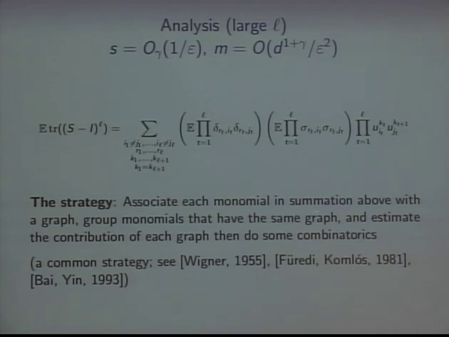Group monomials that have the same graph structure. And then what I want to say is the contribution of a monomial to this sum depends only on the graph structure, like the number of connected components or the number of vertices or the number of edges, et cetera. Okay. And then I'm going to get that bound and then do some combinatorics to count how many graphs there are. Okay? And this is one of the bread and butter strategies of random matrix theory. But of course, we have to tailor it to the matrix at hand, which is this pi U transpose pi U minus identity.